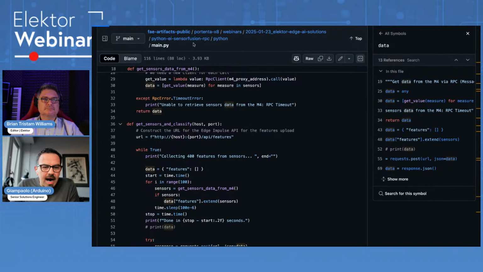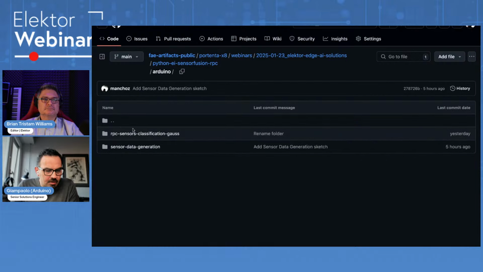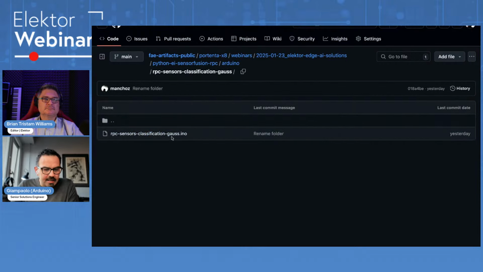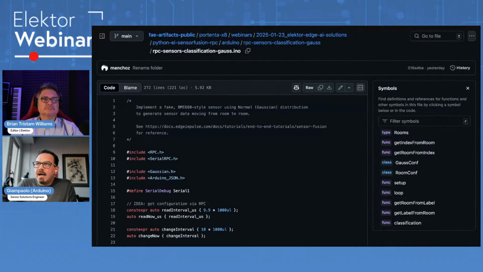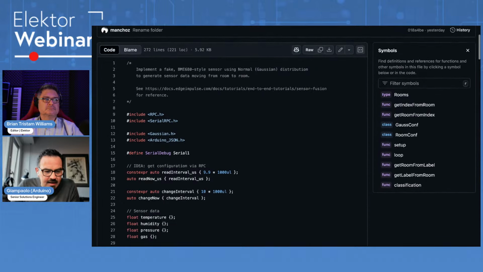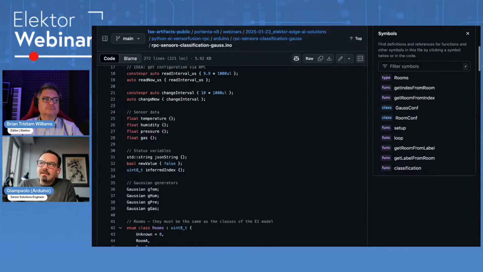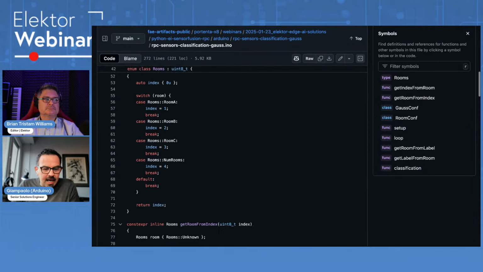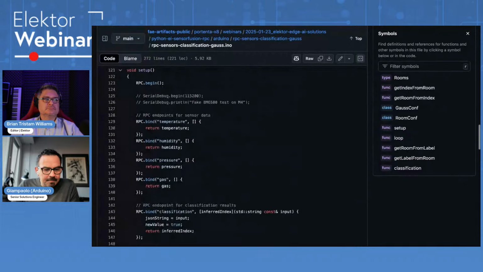Regarding the sketch, which is running on the M4, it's also simple. As I told you before, I'm faking having a sort of BME680 sensor connected. The important part on this kind of sketch, so a sketch running an RPC call, is that I'm not running the code for getting data from the sensor inside the function that manages the response from RPC, because it would be too slow. So in order to have the sketch respond fast to the